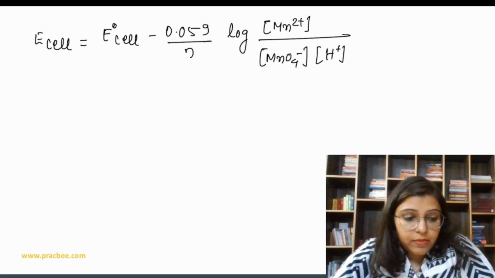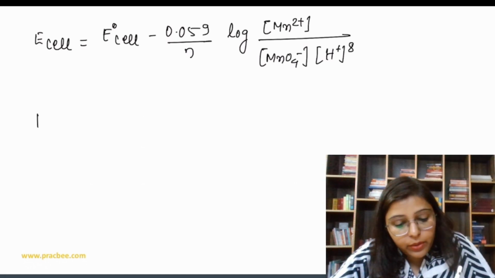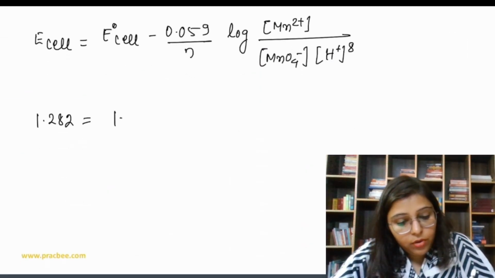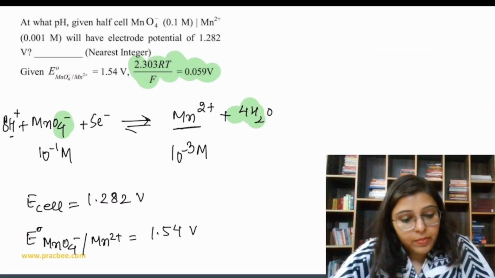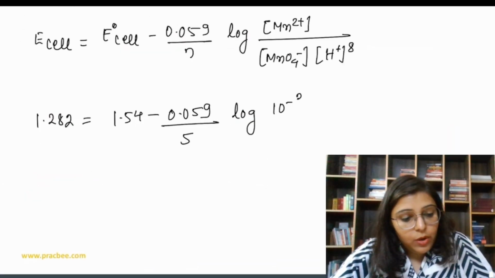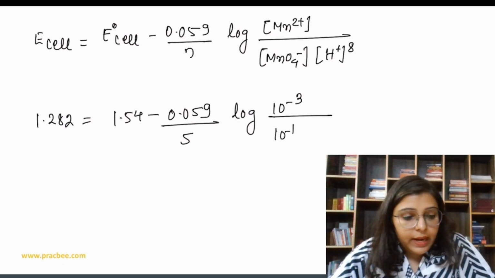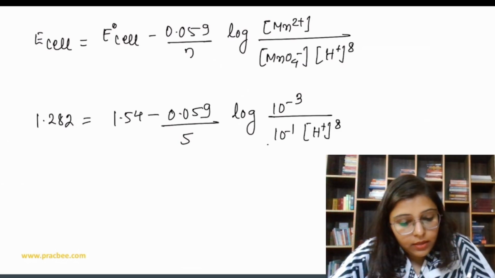H plus to the power 8. Okay, so let's put the value. E cell is 1.282. E naught cell is 1.54, 0.059, N is 5, then log. Mn2 plus concentration is 10 to the power minus 3. MnO4 minus concentration is 10 to the power minus 1. And then concentration of H plus to the power 8. So on solving, we get